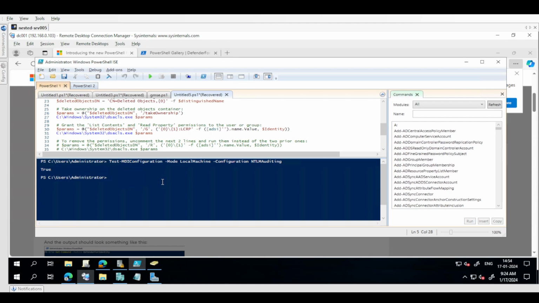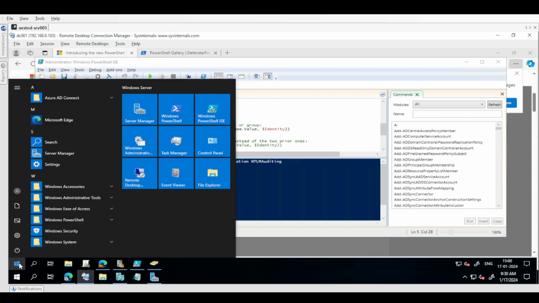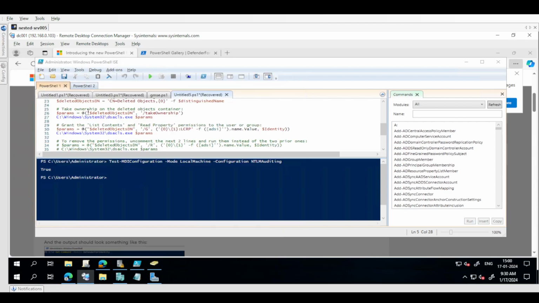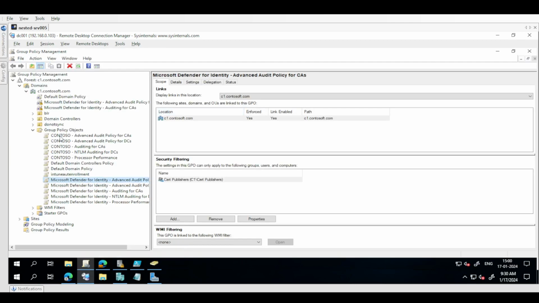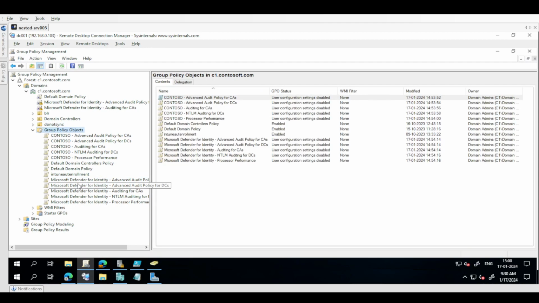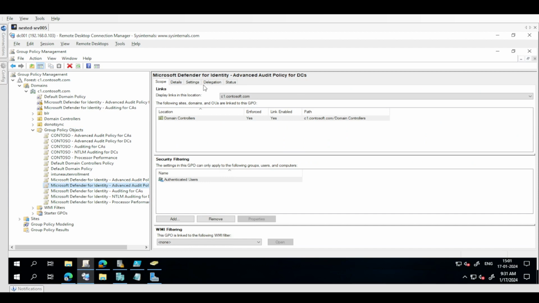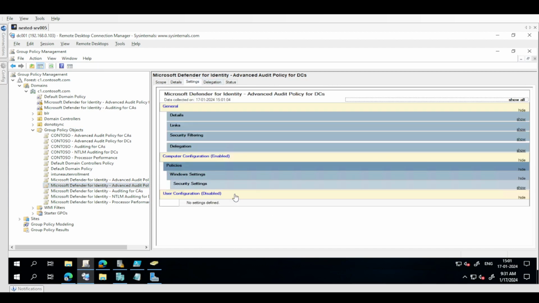There are certain ways to validate if things are all right. We'll go and do that as well. So if we go to maybe group policy, go to group policy objects, and these are all the result of the PowerShell modules which we have run. So if we go to audit policy for domain controllers, and then go to computer configuration, security settings,